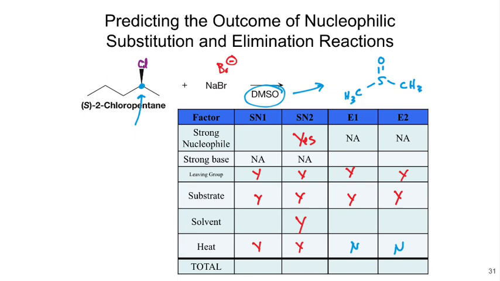Total it up. For the SN1, I have 3 yeses. For the SN2, I have 1, 2, 3, 4, 5 yeses. For the E1, I would almost say 1, because I had 2 yeses and then an absolute no. That's a bad idea, right? Okay, for the E2, depending on how you wanted to count it again, 1. So what mechanism do you think happens? SN2. Why is that important? Now you need to predict the product. What's the product? Carbon chain with the